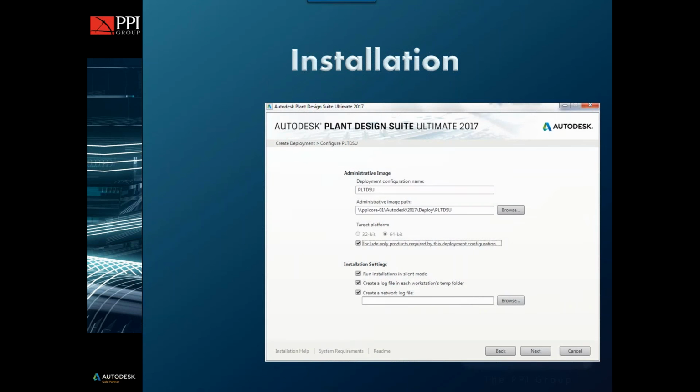And when you're creating a deployment, so this dialog box is skipped over for the installer, you're going to choose a name for the deployment. In this particular case, I've just used the abbreviation for the plant design suite. Usually we recommend making it fairly verbose so that the person who goes and clicks on the shortcut that launches the installer knows exactly what they're looking at,